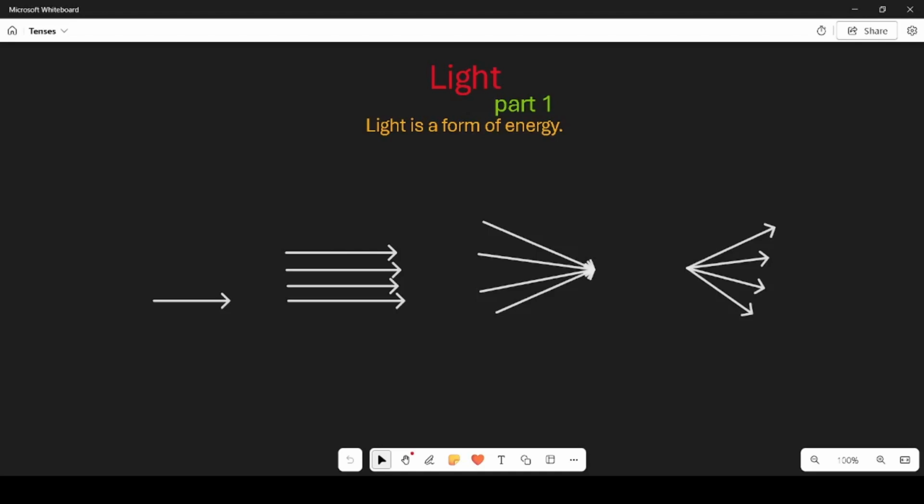Now let's talk about the nature of light. So how do we understand the nature of light? The best way is to observe different phenomena where light is involved and then try to understand its nature by explaining the different phenomena. So the different phenomena we have over here is a ray of light,